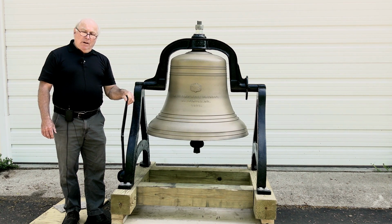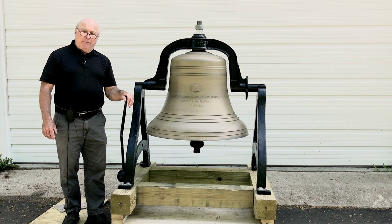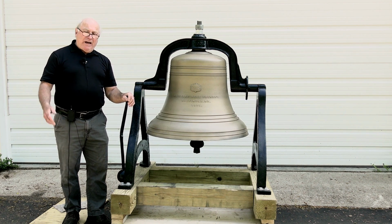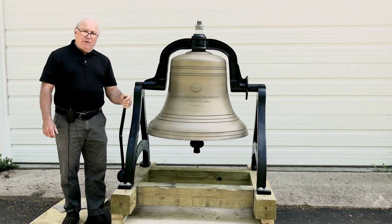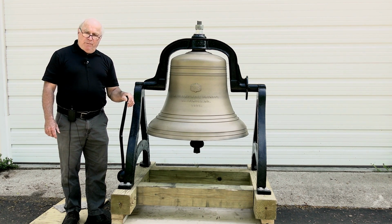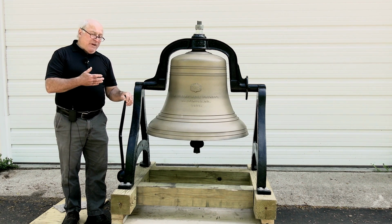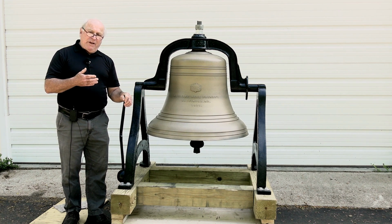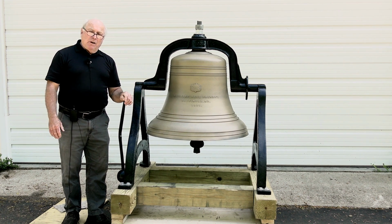We're a company that specializes in manufacturing electronic bell systems for churches that replicate the sound of bells or musical carillons. We also manufacture electronic equipment to ring real bells automatically, and we also sell new bells as well as pre-owned bells. So today we're featuring a pre-owned bell that we've recently finished refurbishing for a client on the West